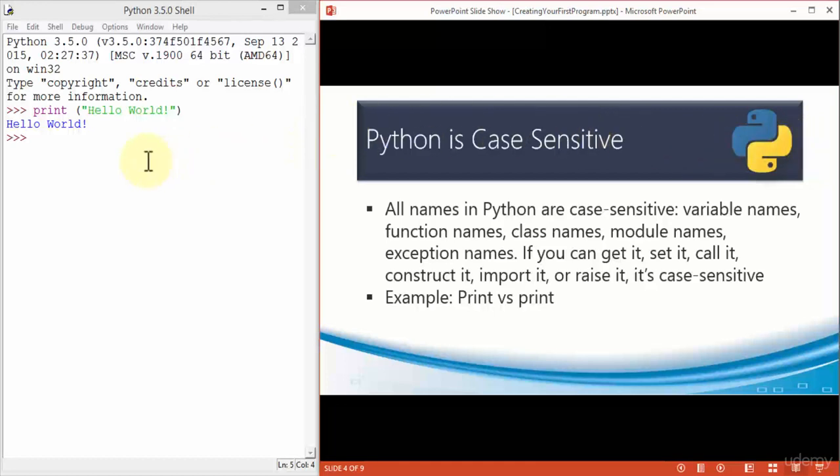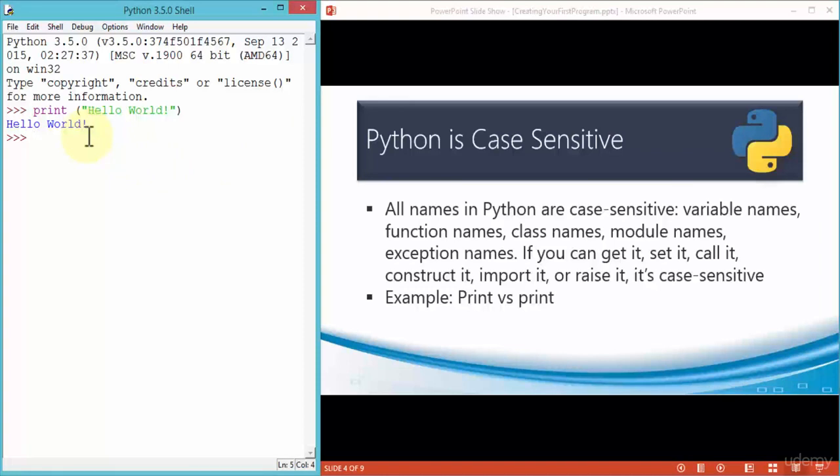Let me demonstrate this one more time. For example, if I were to say something like print using the capital P as opposed to the lowercase p, notice automatically it does not color code. Python does not color code the capital P because it doesn't really know it. But in any case, let me demonstrate. So I'm going to say print, and I'm going to say my name is John,